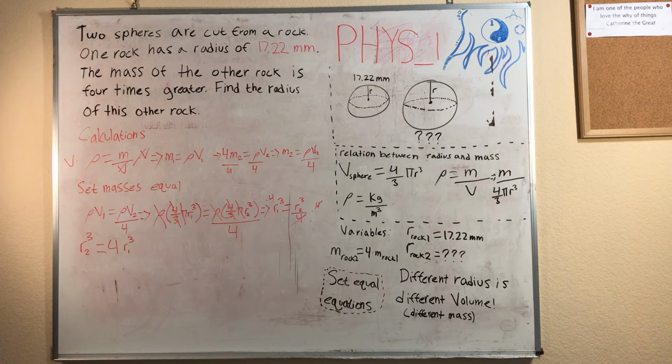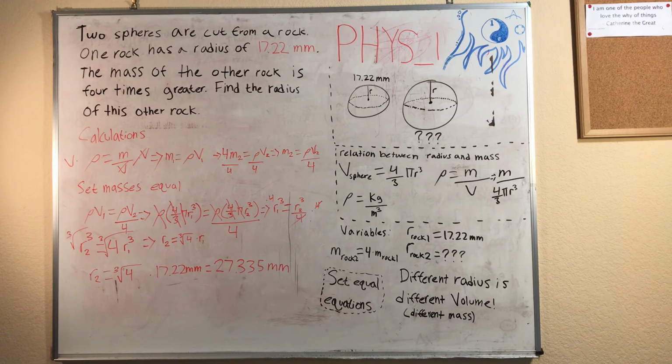We need just radius sub 2, so let's go ahead and cube root both sides now, and both radii go to a power of 1 now. So our final equation is now radius sub 2 equals the cube root of 4 times the radius sub 1. Now plugging in for radius sub 1, we'll get radius sub 2 equals the cube root of 4 times 17.22 millimeters. And this gives us our final answer of